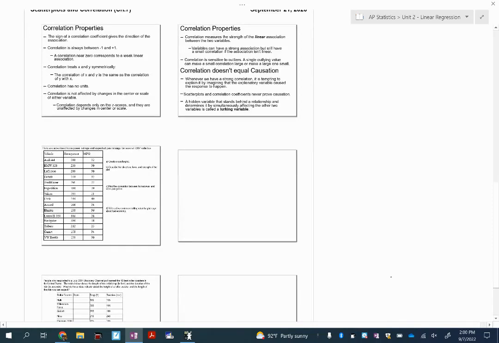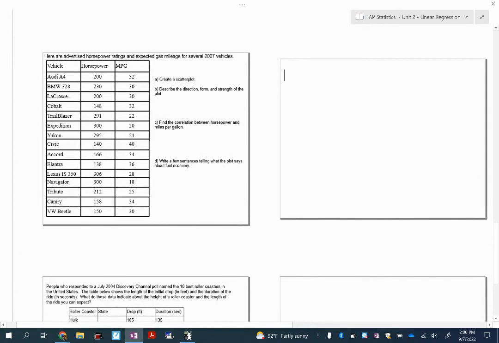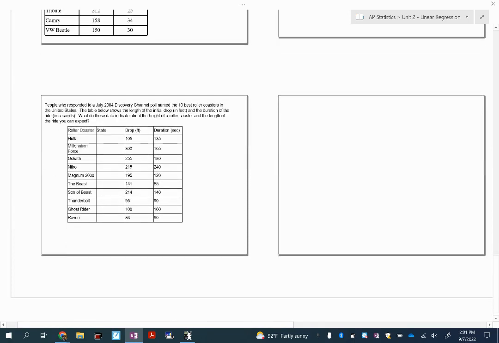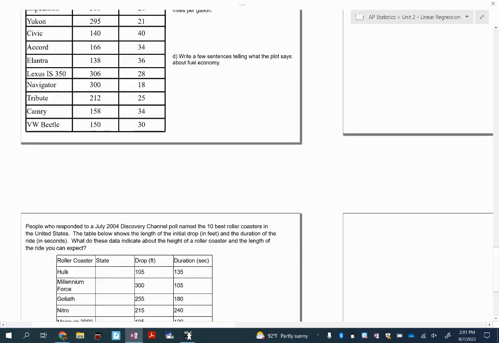Video, I'm going to do two examples. I'm going to do this first one about vehicles and the horsepower for that vehicle, as well as the miles per gallon that they get. And then I'm also going to do this example on roller coasters in the United States that includes information about the initial drop in feet and the duration of the ride in seconds. So let's start with this